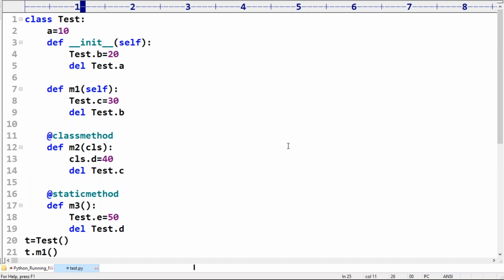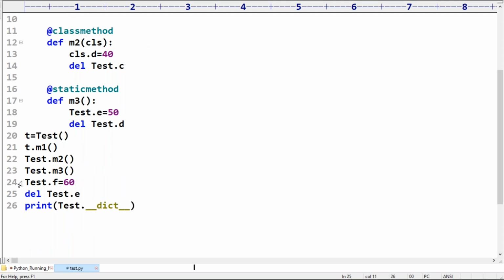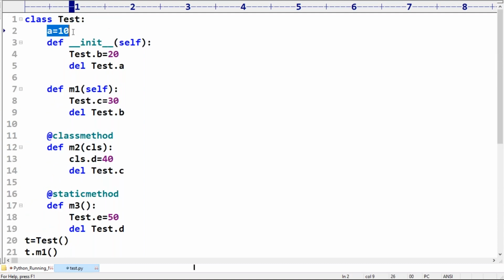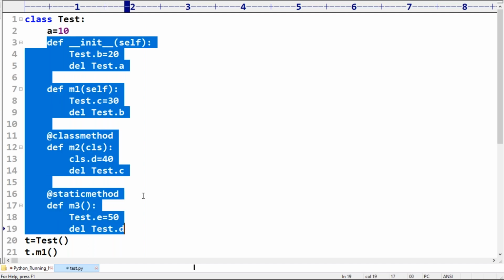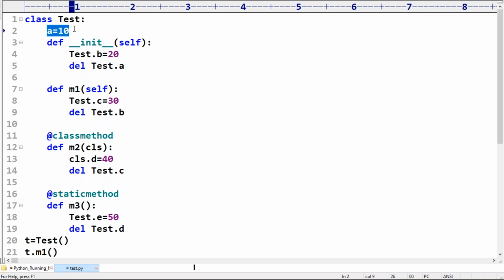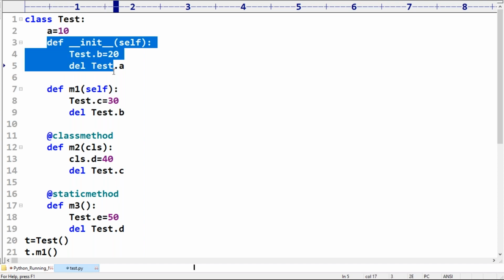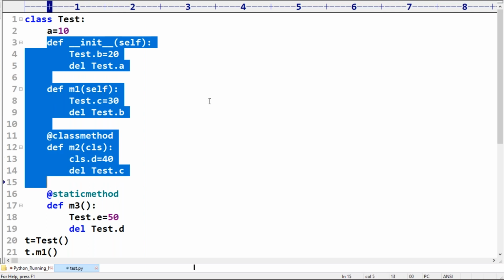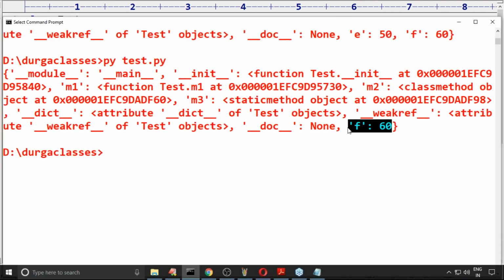Clear, right? Okay, so there is one problem I want to explain. Here my requirement is, yeah, Ramesh, we covered this one already. This variable will be created at the time of class loading. The remaining things will be created whenever we are calling. That's why this variable will come at the beginning in the dictionary, but all the remaining are available explicitly, and that's why they may come at last. In the last session someone asked the same doubt.